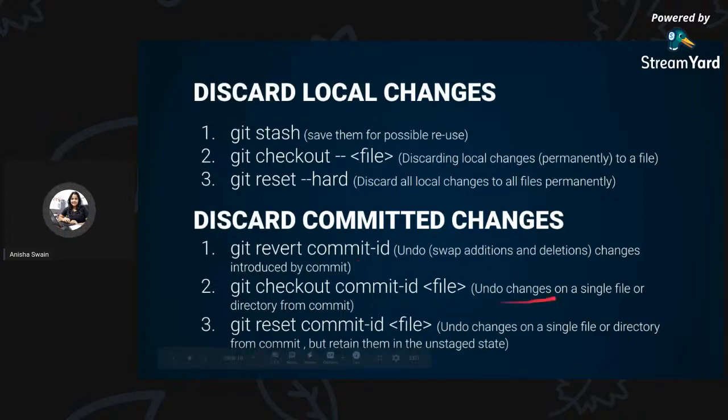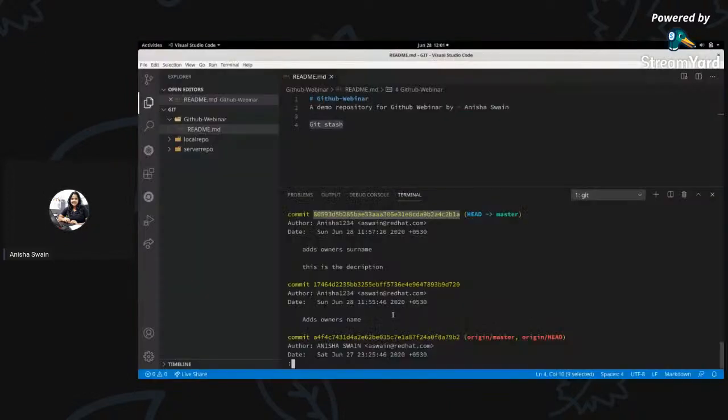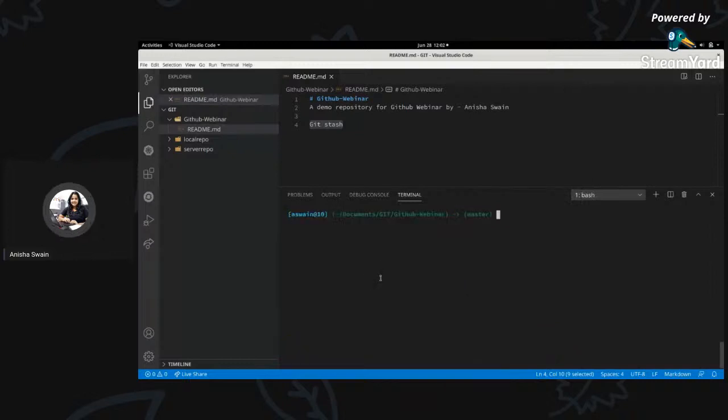And if you want to undo changes of a single file, you can use git checkout, commit id, and the specific file name in which you want to undo the changes. And if you want to undo a single file or directory, but you don't want the changes to be deleted, you want it to be in unstaged state, like you want it to stay in your git status,